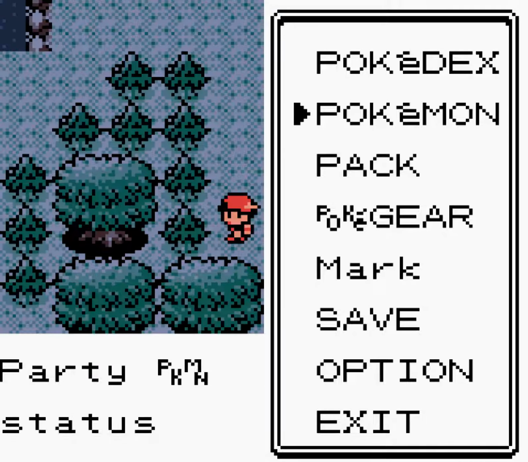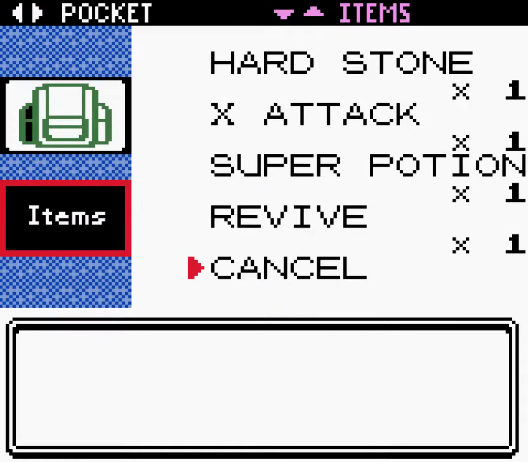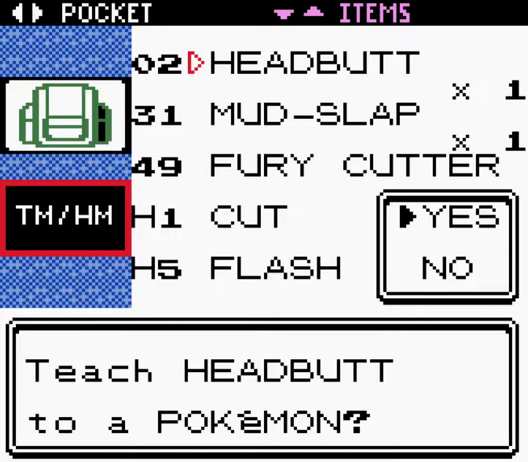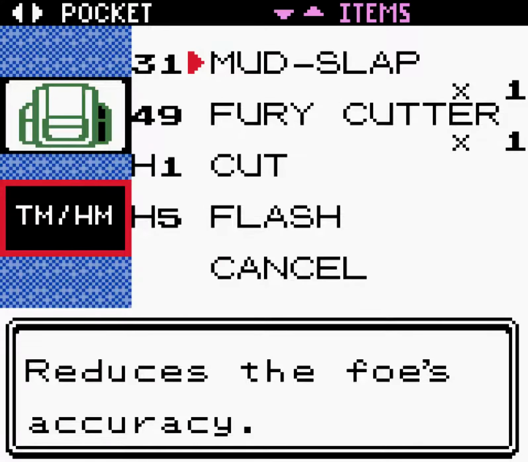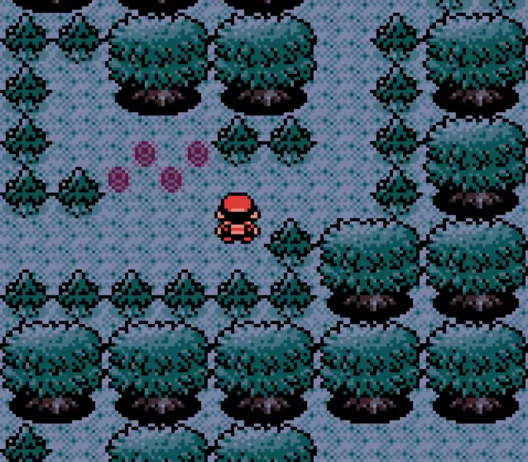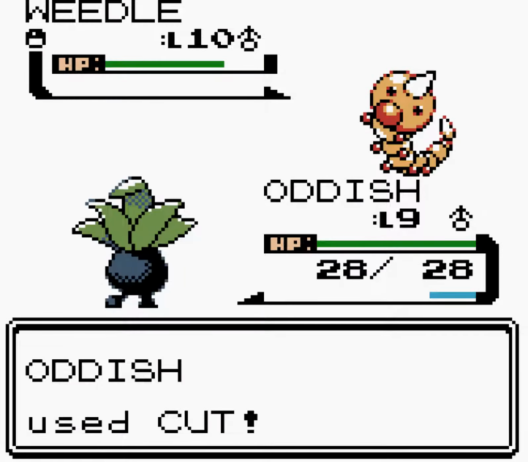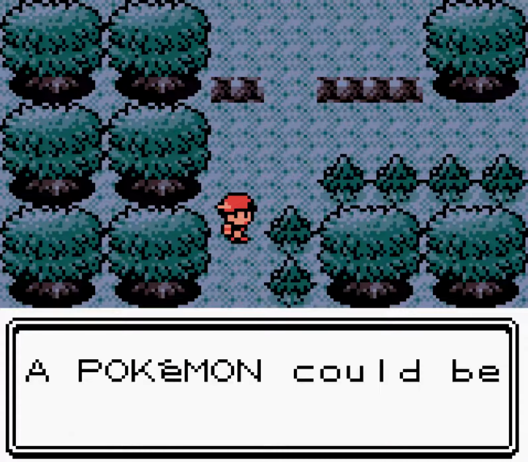Okay. If I remember correctly, Headbutt's not that bad a move. It's like 70 base power and... Let's have a look. We'll teach it to Ekans. Okay, so now we want to keep heading right. Actually, no, let's try this. So we're going to go Pokemon, Ekans, Headbutt. Okay, so we can see like wild Weedle in this case. Nothing too interesting. But nice thing is obviously Oddish being a...